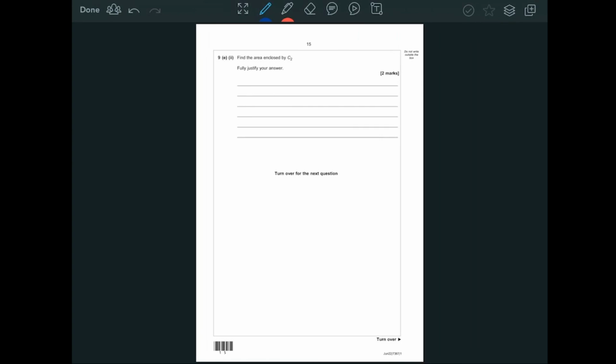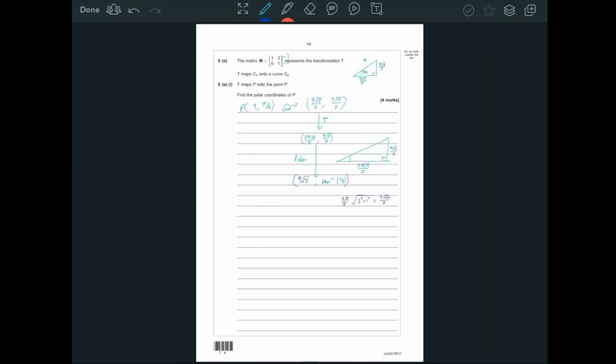Find the area enclosed by C2. Okay. Well, that's going to be a little bit awkward. Find the area enclosed by C2. Oh, no, it's not. Not at all. If you actually wanted to do this, it is going to be exceptionally difficult. You'll need to try and find the Cartesian equation of the curve, use the matrix to change that equation, and then go back to the polar form to do the polar integral. Or you remember a